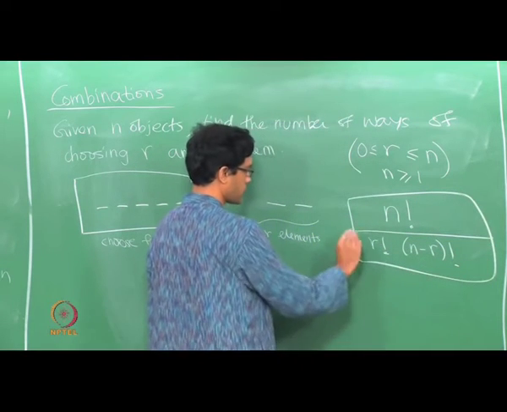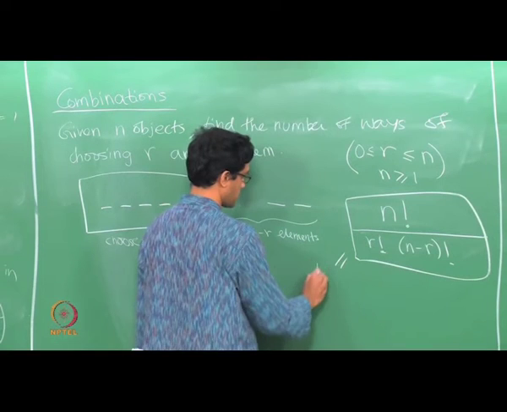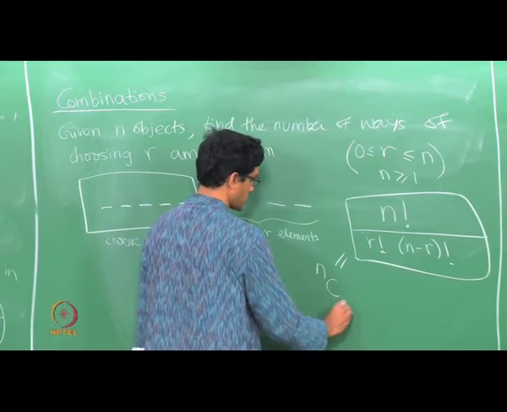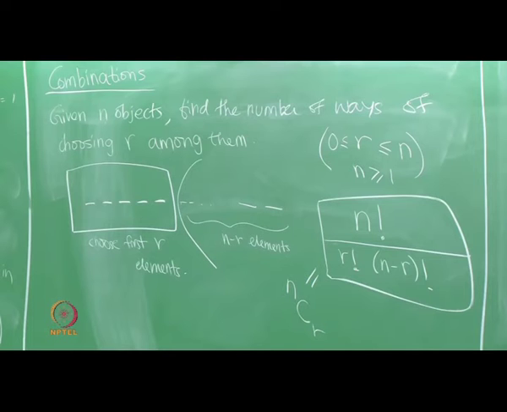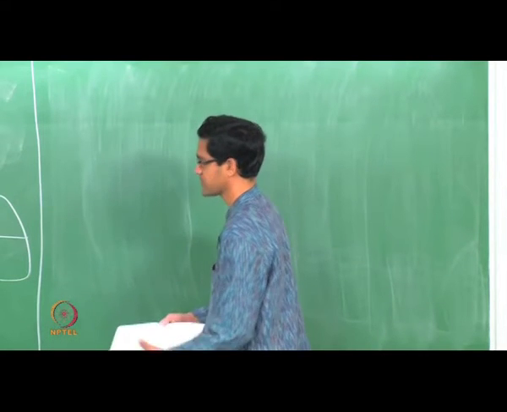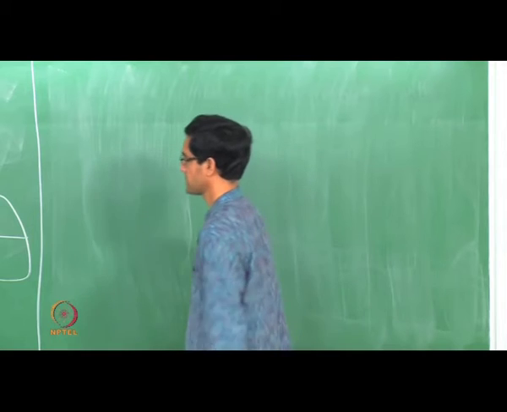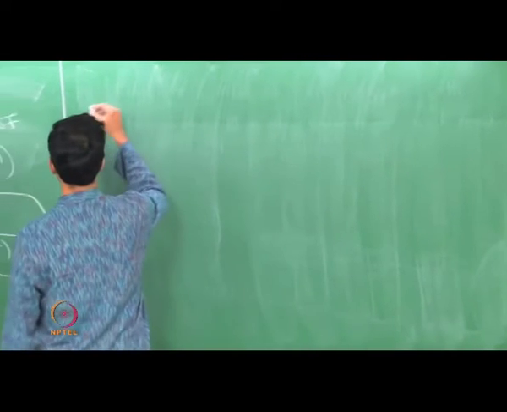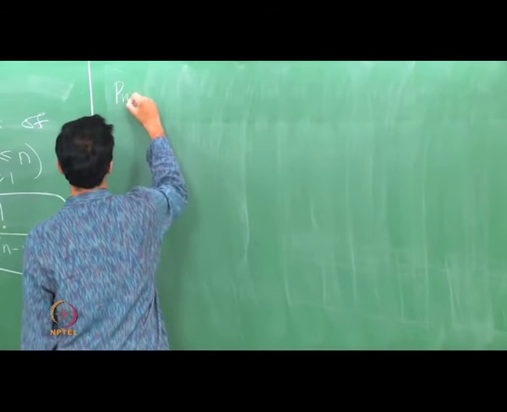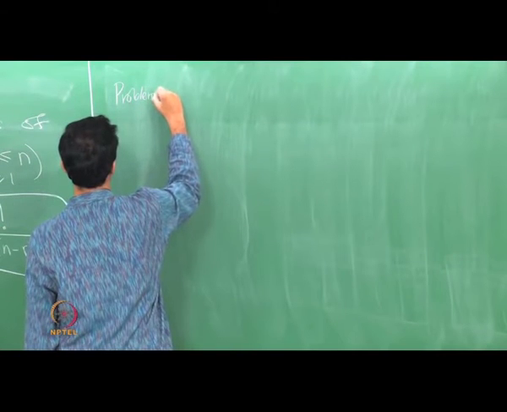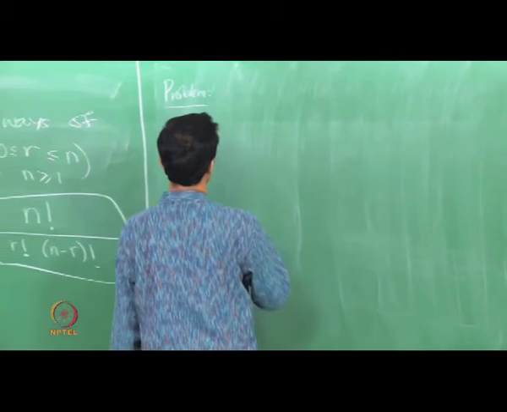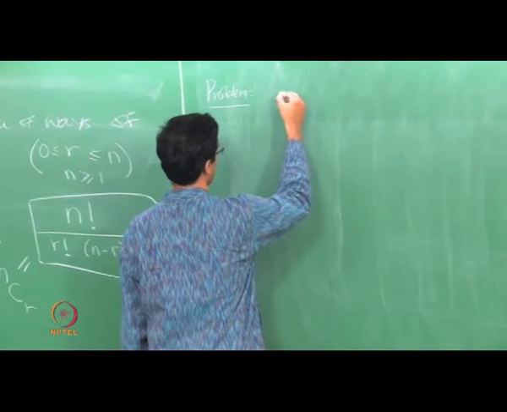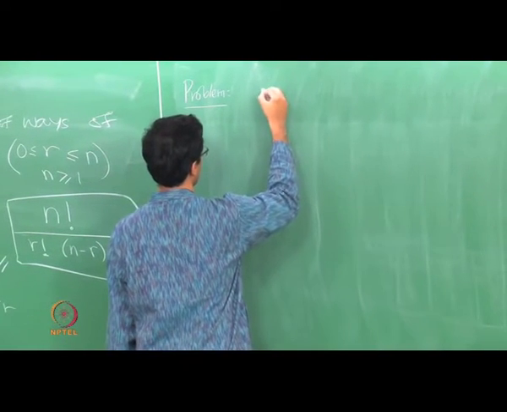So again, like I said, I hope this thing is somewhat familiar from before. So this number is often called NCR, so number of combinations of R objects out of n objects. And so again, just like I mentioned in the case of permutations, often there are other problems which are really problems of this nature in disguise. So here's another problem. You have, say, two alphabets A and B.